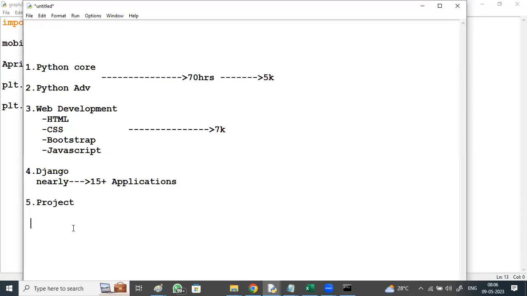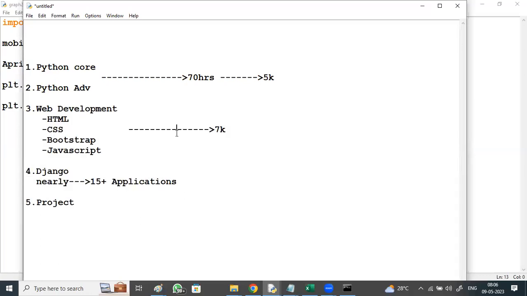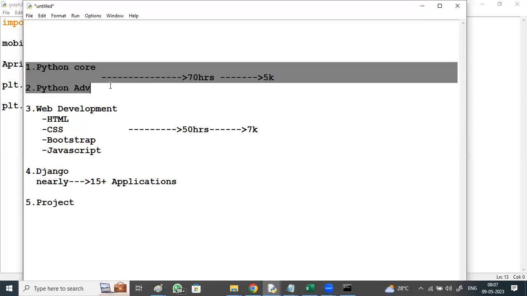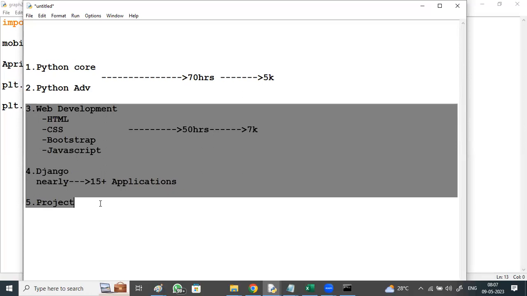For web development, Django and this project, we'll be spending 50 to 60 hours more. So totally nearly 120 hours, right? So 4 months duration. For this, it is 2 months. For this also, it takes nearly 2 months. Totally 2 plus 2, 4 months.